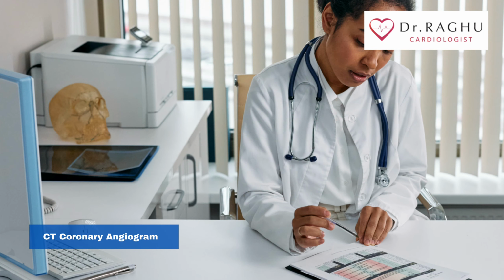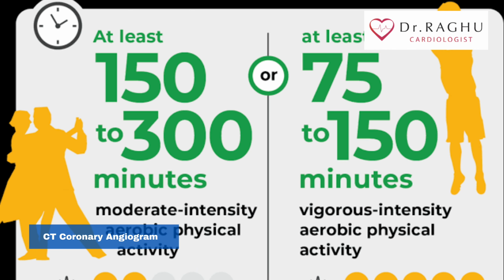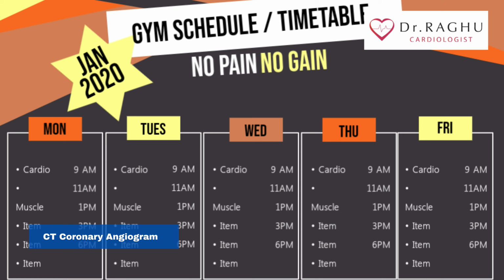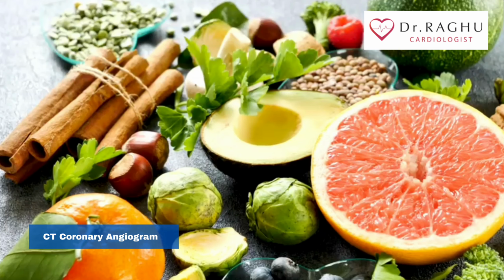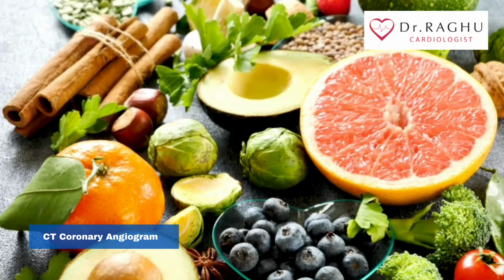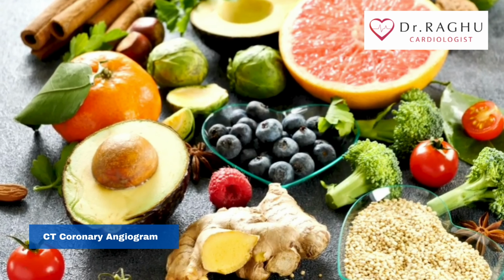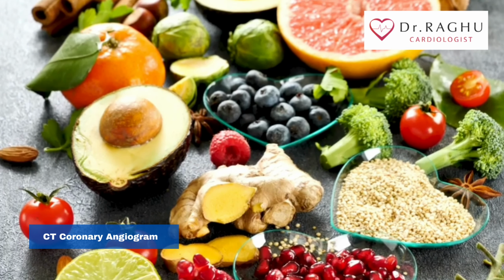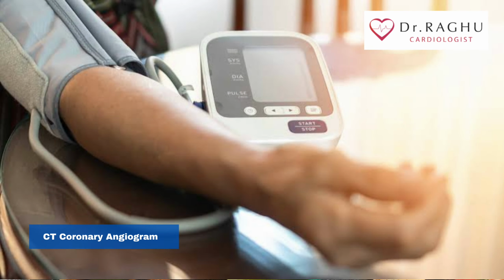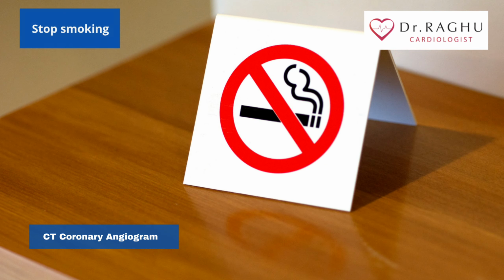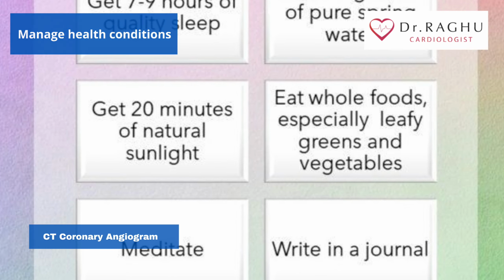With your doctor's okay, get at least 150 minutes of moderate aerobic activity or 75 minutes of vigorous aerobic activity a week, or a combination of moderate and vigorous activity. If necessary, break your activity into several 10-minute sessions a day. Eat healthy foods. A heart-healthy diet rich in fruits, vegetables and whole grains, and low in saturated fat, cholesterol and sodium can help you control your weight, blood pressure and cholesterol. Stop smoking. Manage health conditions.